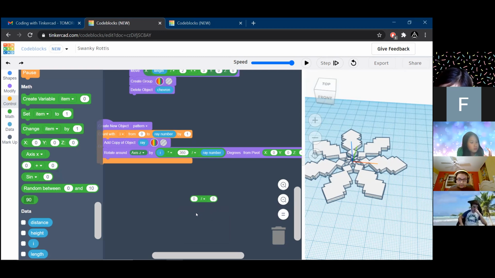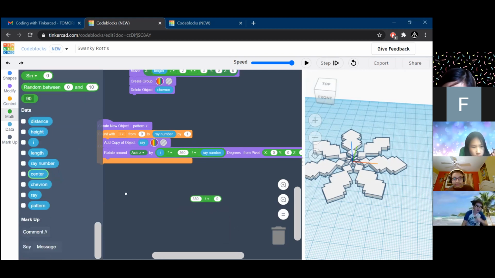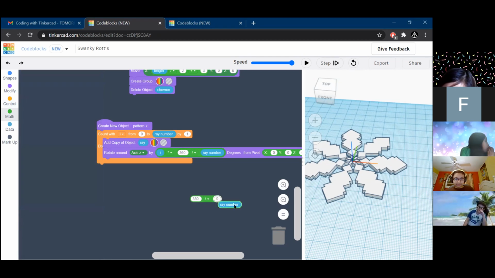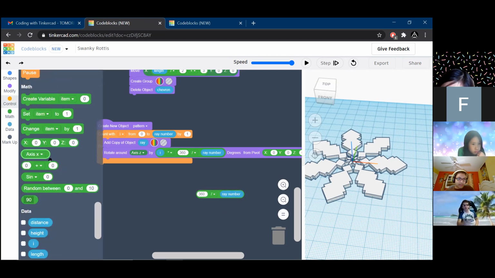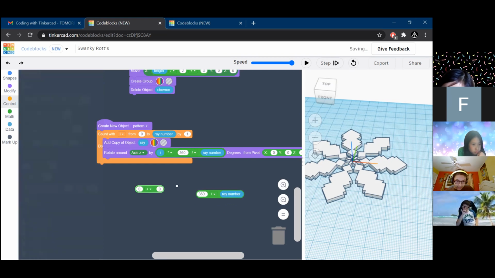Okay. So in the first spot, we're going to type in 360. Then in the second spot, we are going to drag over the ray number variable. Like this. So it should look something like this. Now we're going to drag over another math block.